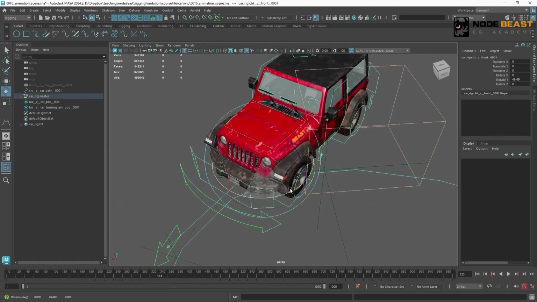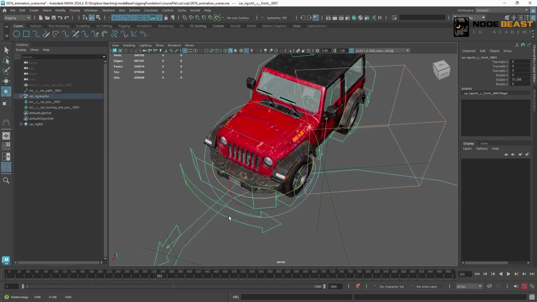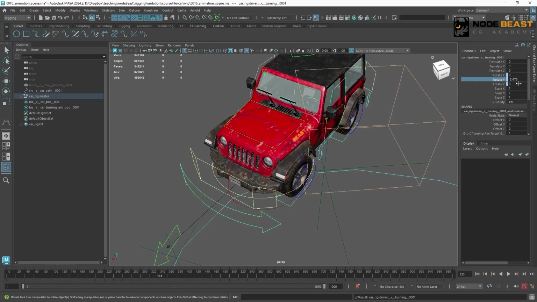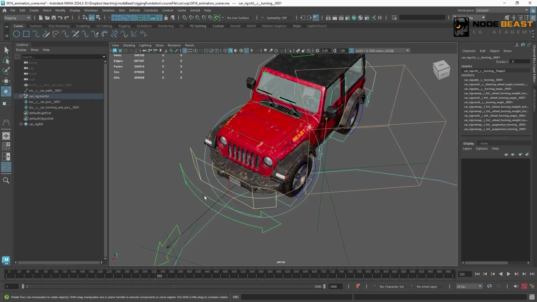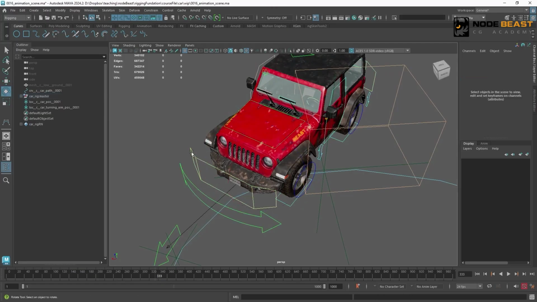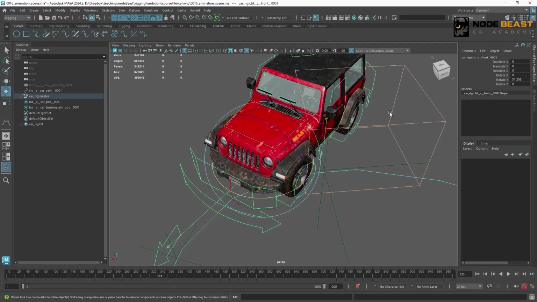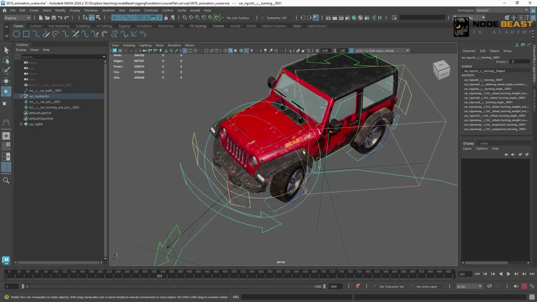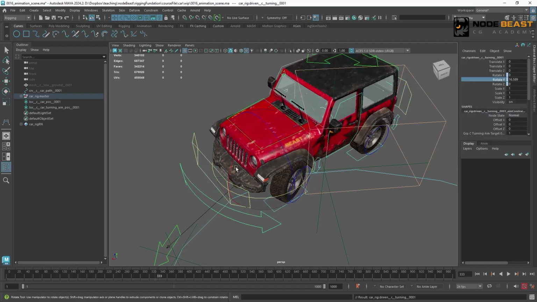At this time, if we rotate the front controller to make a drift effect, then the group above the steering controller, its value will change. So we can't use this rotation value to drive the rotation of our front controller. Because every time the front controller's rotation value changes, the value of the parent group will change.